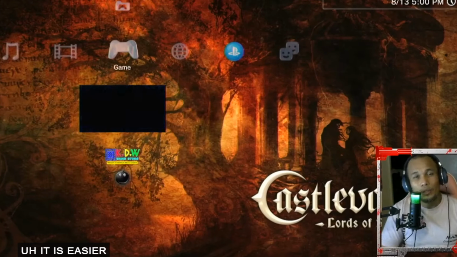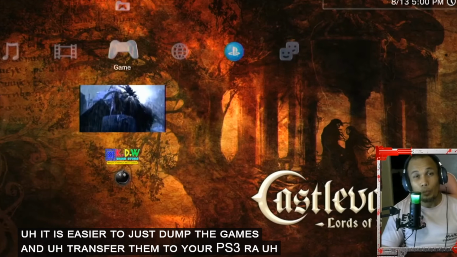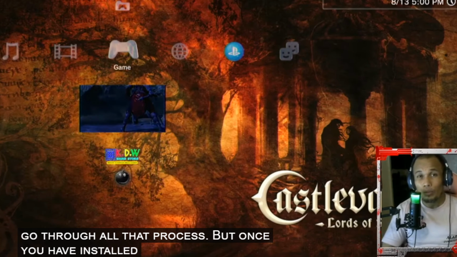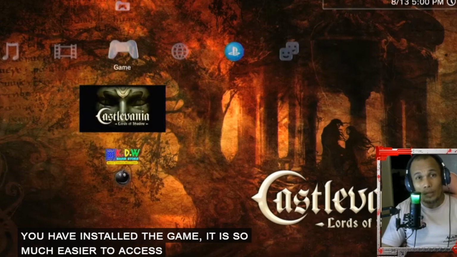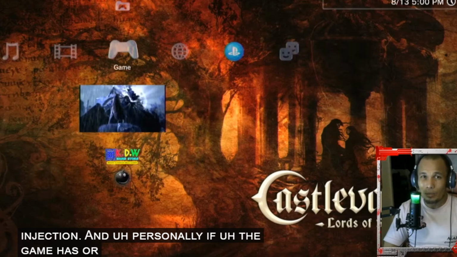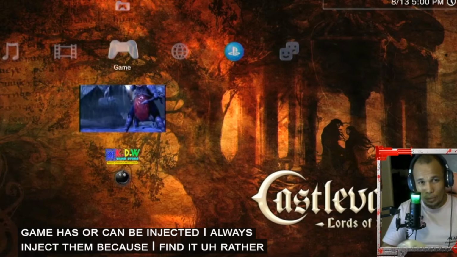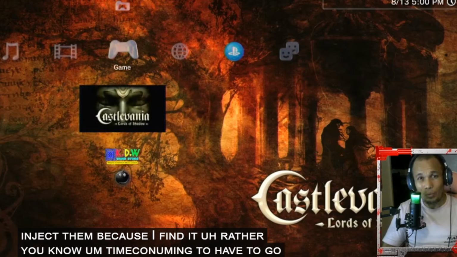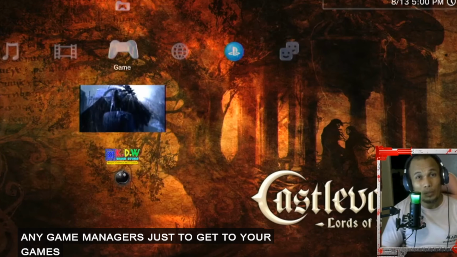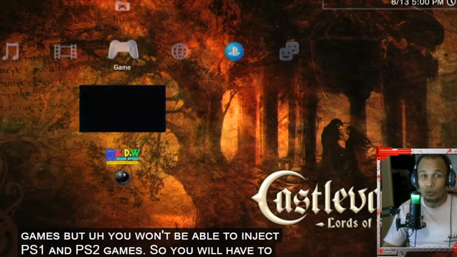Though it is easier to just dump the games and transfer them to your PS3 compared to injection, where you have to go through all that process. But once you have installed the game, it is so much easier to access your games with injection. And personally, if the game has or can be injected, I always inject them because I find it rather time consuming to have to go to Multiman or any game managers just to get to your games. But you won't be able to inject PS1 and PS2 games, so you will have to use your game managers